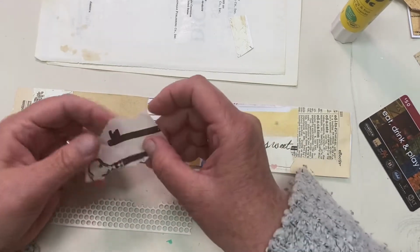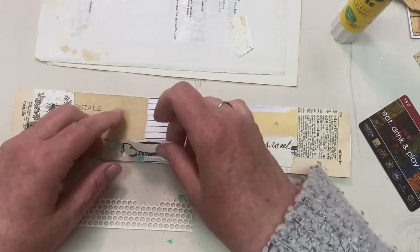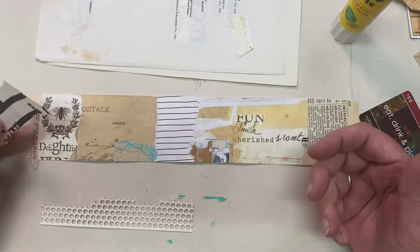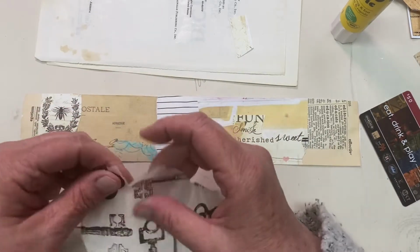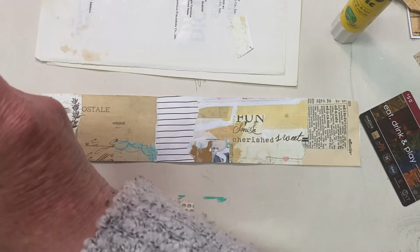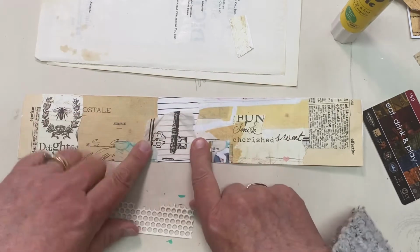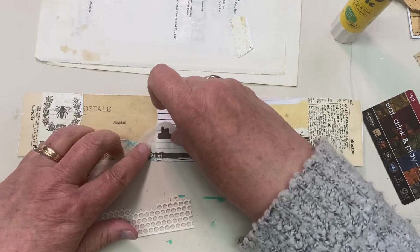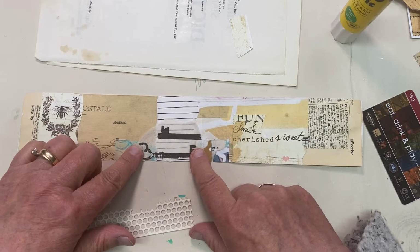Now, I like this. I like the look of it, but I don't think I want the boldness. So, yeah, I'm kind of showing you my thought process too. Because not everything works for me first time. There's choices that can be made. And to my eye, it just makes sense to have something a little bit lighter. See, I like that one better rather than this harsh one. Now, I can keep that and use that on something else, but